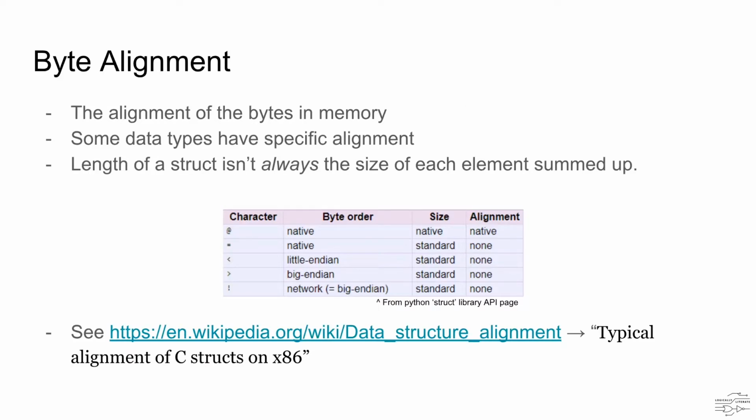So I won't get too in-depth about byte alignment, but I will say as much as you need to be aware that byte alignment is a thing, and that the length of a structure isn't always the size of each element summed together. You can check out that Wikipedia link there at the bottom. I'll also have it down in the description, but it gives you a good idea of how byte alignments happen on